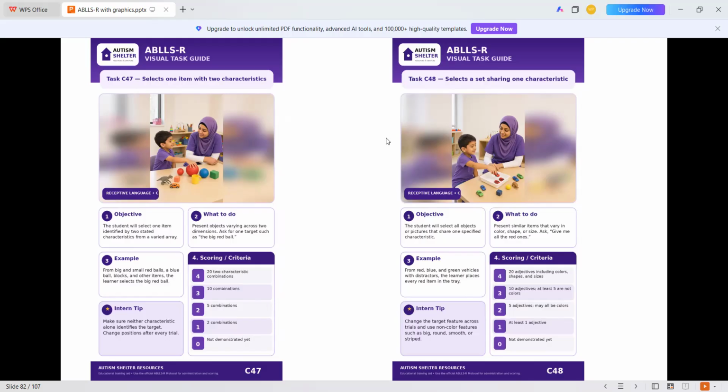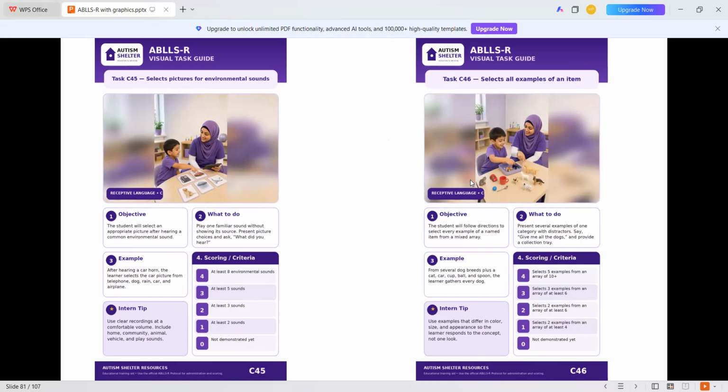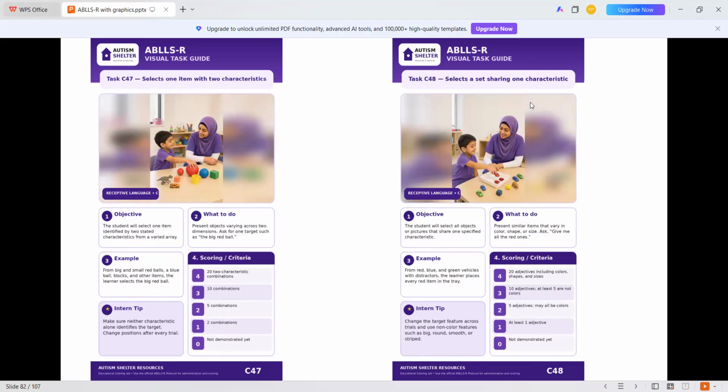Then C48 is selects a set sharing one characteristic. It is the same as what you read in all examples of an item, but here we are saying one characteristic. For example, there are multiple cars, but we say, give me all the red cars. Red is an adjective.